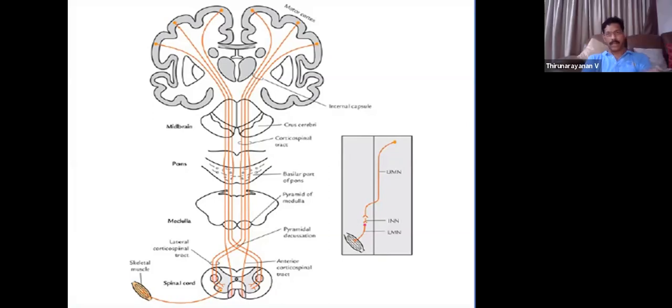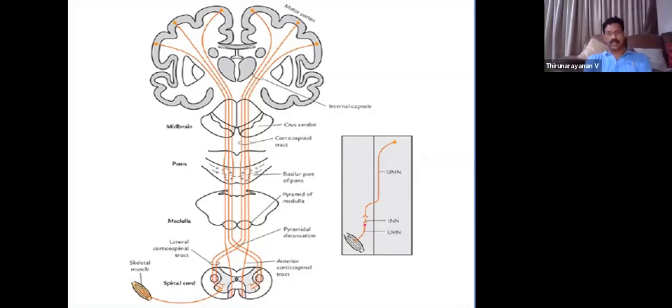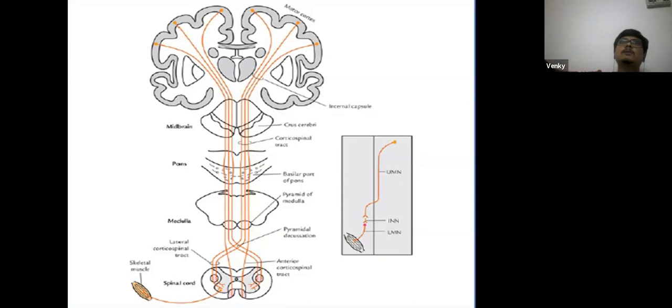Oh, even in complete cord transection it is hyper? Yes, in complete cord transection it will be like that. That is what we call acute transverse myelitis, sir. Yes sir, a classical example: acute transverse myelitis, complete acute transverse myelitis. At the level of lesion there is an LMN picture, and it behaves like compressive myelopathy. Acute transverse myelitis behaves like compressive myelopathy. At the level of lesion there is an LMN picture; below the level of lesion there is a UMN picture.